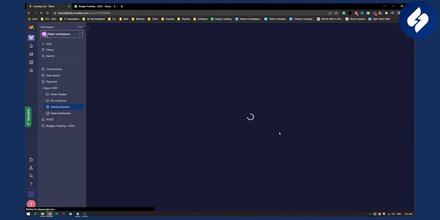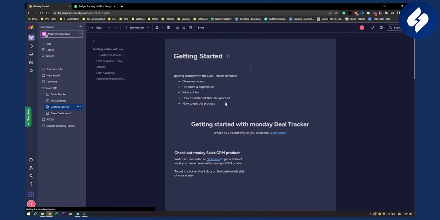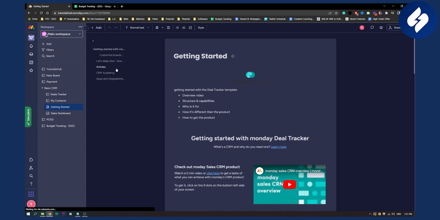Now, once you click continue, we will successfully have our calendar connected to our board, which is Getting Started board right here, as you can see. Now that's pretty much it. That is how to integrate and connect Google Calendar with